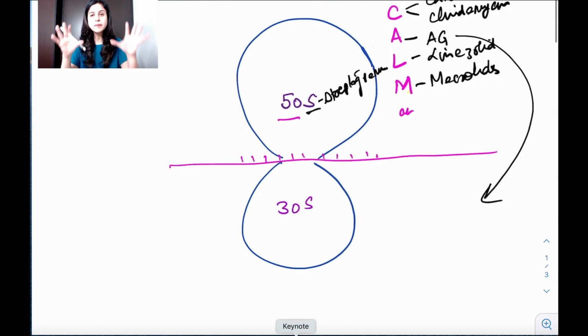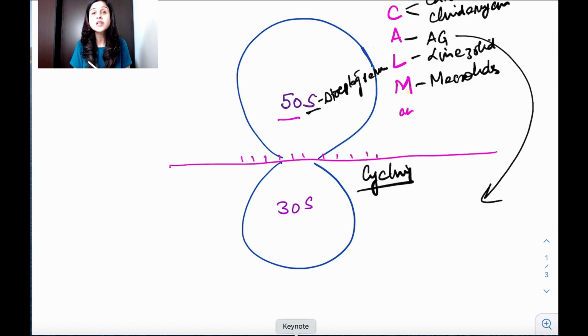So 50 mein people are calm. So remember calm at 50. 30 is a younger age group. So people are more vigorous, more energetic. So they are like cycling at high, exercising and cycling. So remember cycling at 30. So cycling, hum younger age group mein they are very vigorous karte hain. So cycling at 30. So the drugs which have cycle in their names, they are going to block the 30S